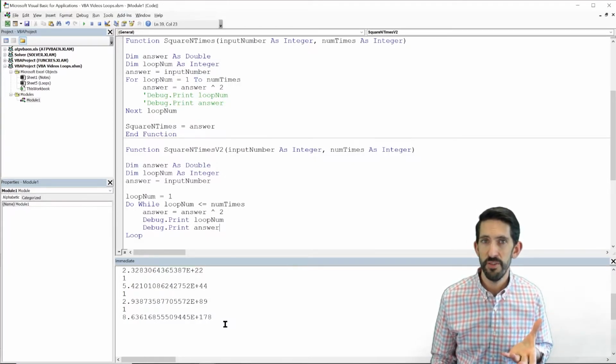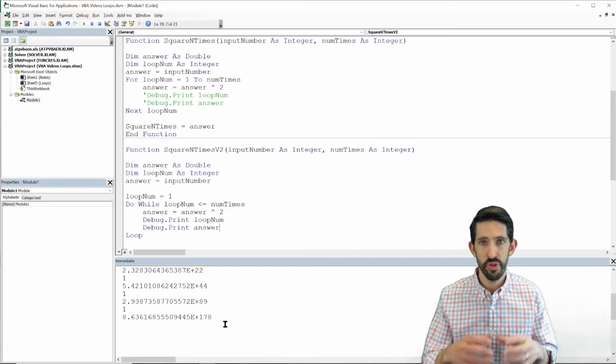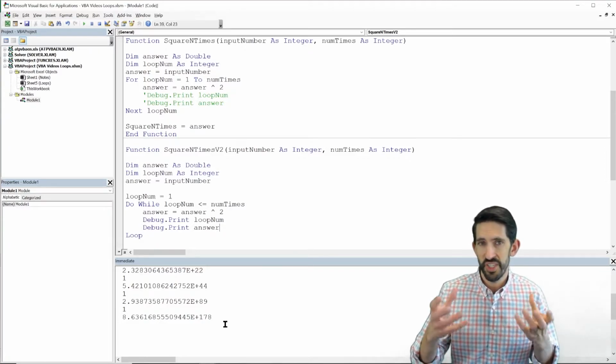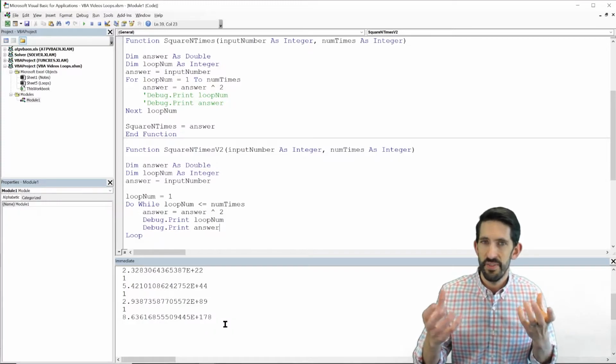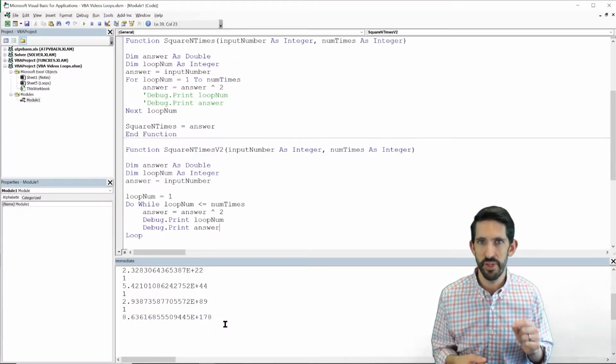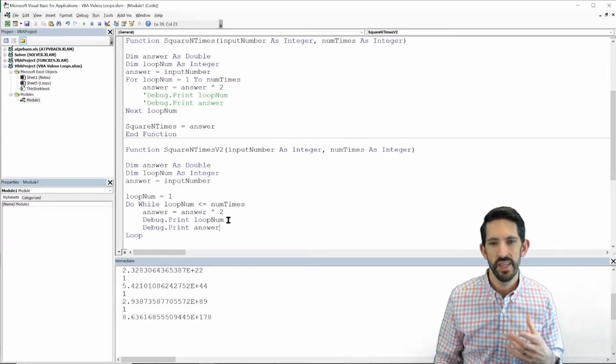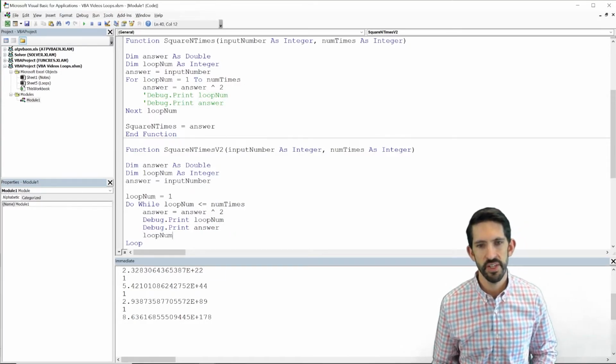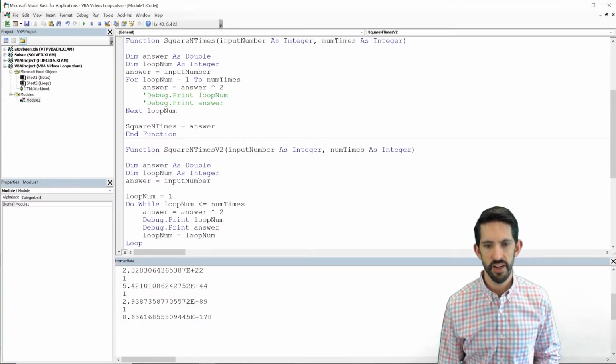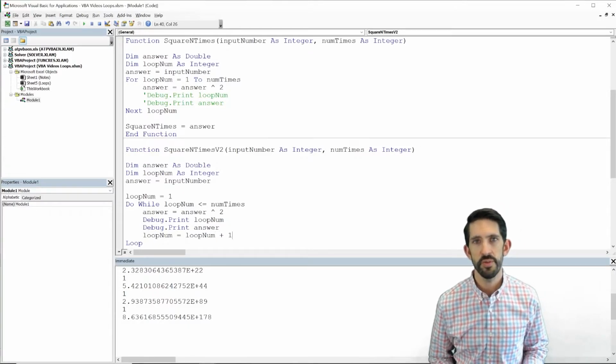If you aren't careful about this in other scenarios, though, you could just end up with a blank screen with Excel just locking up. If that happens, you just got to hit the escape button a bunch of times. If you hit escape enough, it generally will stop your code execution. Here, to prevent this from happening, we have to add this line of code, loop num equals loop num